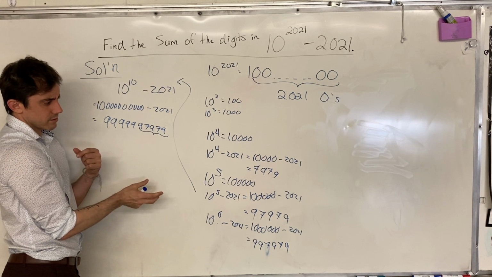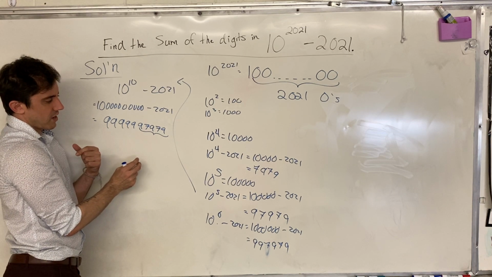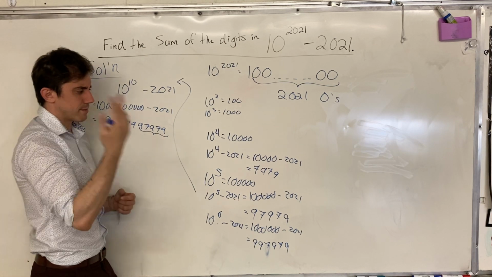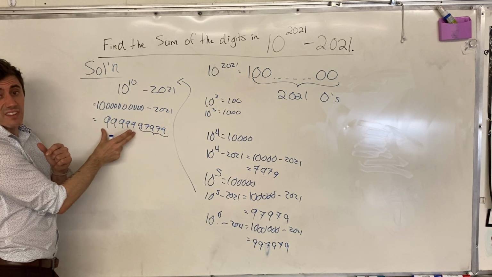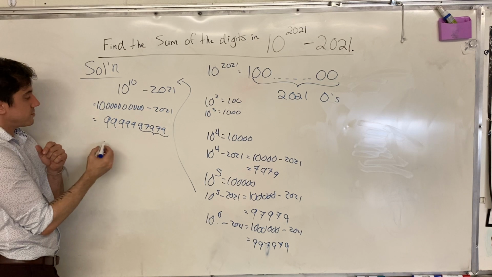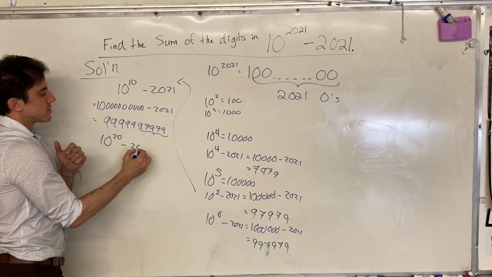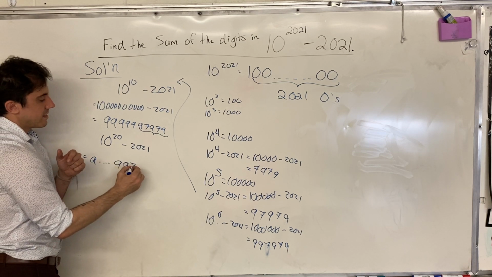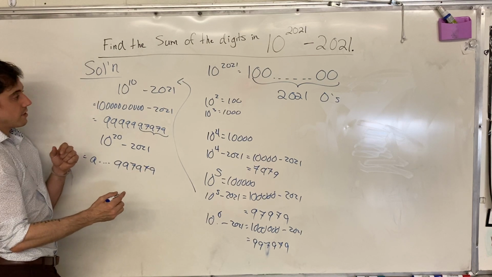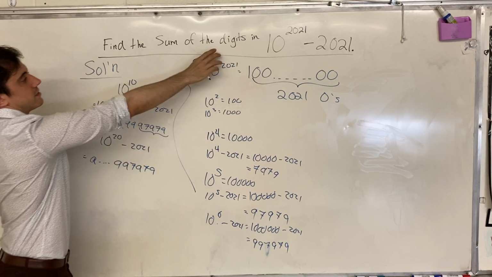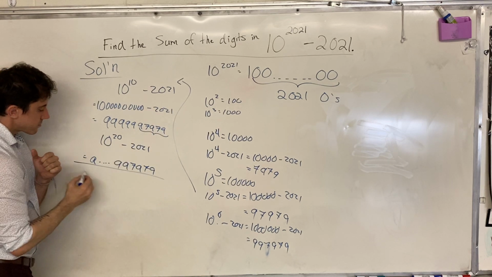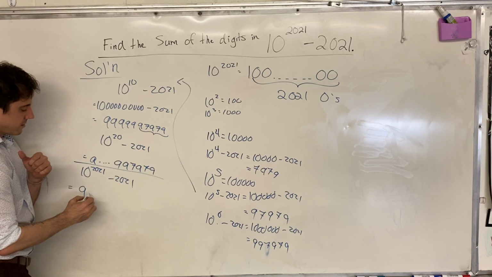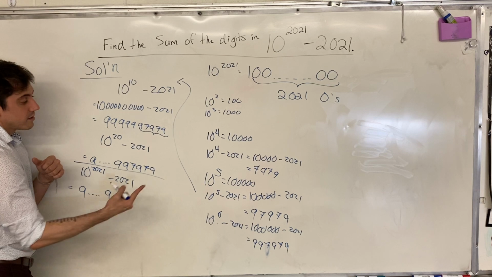We could even see the last 4 digits. I'm just going to go ahead with the last 5 digits, because that's really where the pattern ends, the way that I'm thinking about it. And then afterwards, we're just going to see a series of 9s. Okay? And if we continue, if we had 10 to the 20 minus 2021, we'd get 15 9s, and then 97979. And so extending that idea now to the value that we're ultimately trying to compute, 10 to the power 2021 minus 2021 is simply going to be a bunch of 9s finished off with